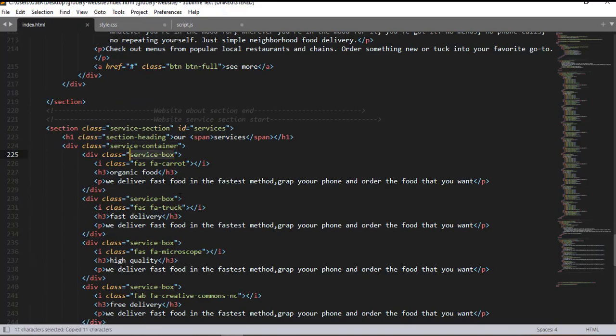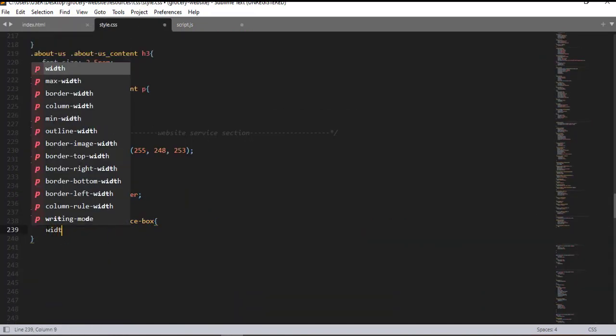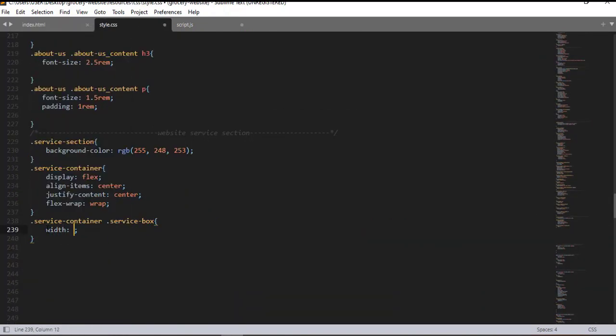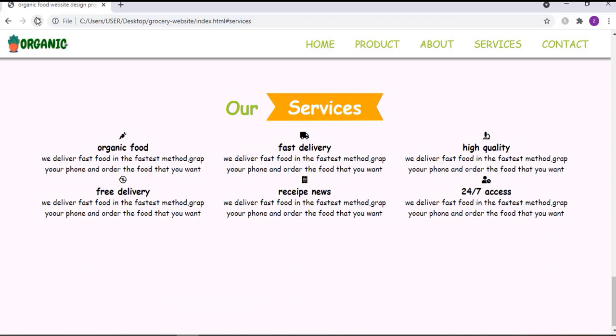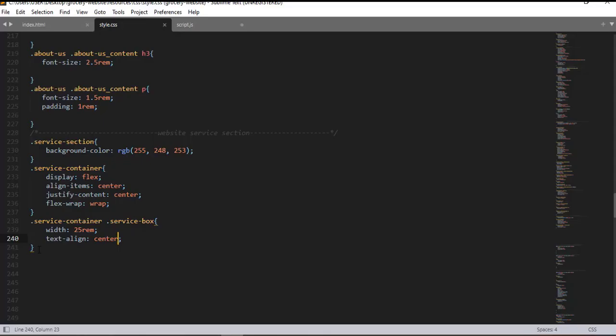Now let me target this class selector service box. Here we have a similar class selector, let me say width 25 rem, text align center. Now let me save and refresh. Here it is, right? Cool. Now copy this and